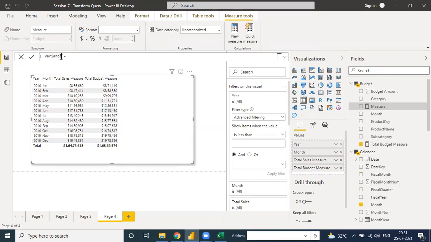When you put the variance, you put it here as sales minus budget.